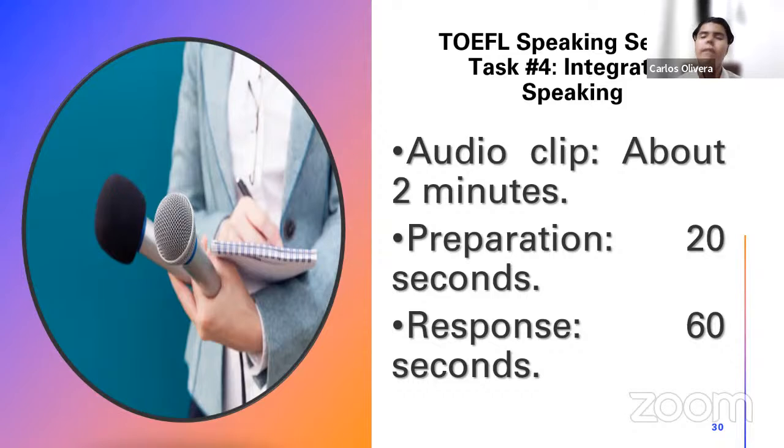Okay? And don't worry, because we have a template. I have a structure to share with you so that you know how to respond to this, and we have examples. Okay? So it's going to be very easy for you to understand this. All right? So, before you ask your questions, I know you may have some, I want to tell you that you have 60 seconds in order to deliver that summary. Once you finish the 20 seconds of preparation that ETS allows you to have, you have 1 minute in order to deliver that summary. You cannot speak as much as you want. You have to fit all that information you have prepared into 60 seconds.